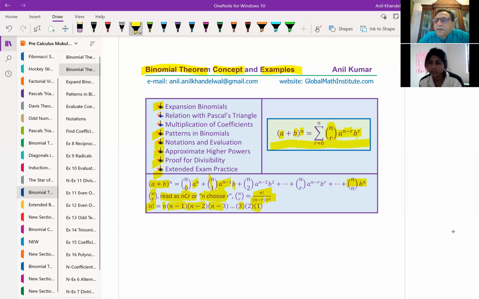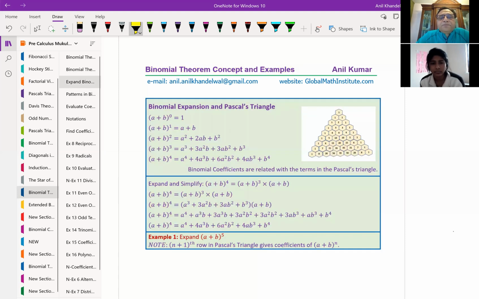Product of n terms, 1 to n, is n factorial. So that gives you the basics. Now, let us take a few examples and see how they are also related with Pascal's triangle. So you did Pascal's triangle where you start with 1 and then diagonally we go 1 and then in the